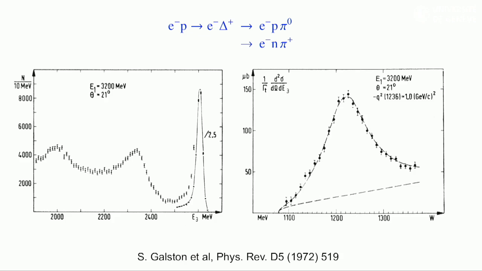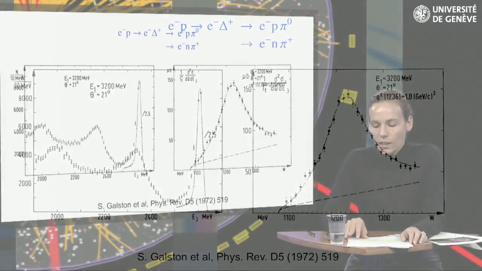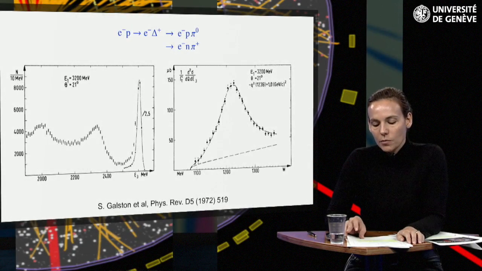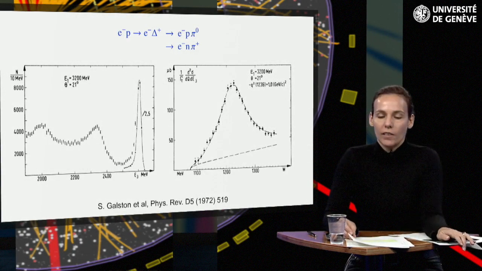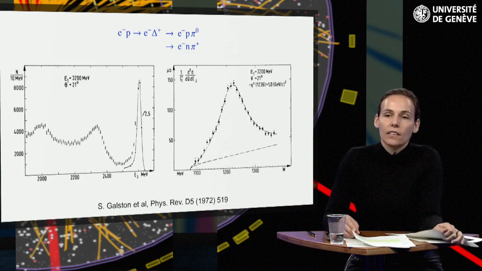Broad secondary maxima are formed, which correspond to excited states of the nucleon, also clearly visible in the invariant mass distribution of the outgoing hadronic states on the right. Its kinematics is completely determined by measuring the outgoing electron, as in the case of elastic scattering. The position and the inverse width of the large maximum indicate the mass and the lifetime of the resonance delta plus